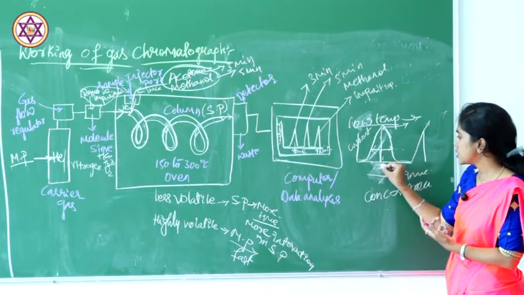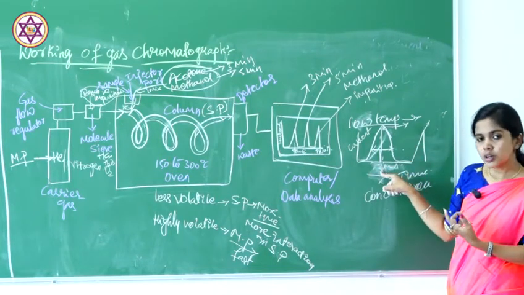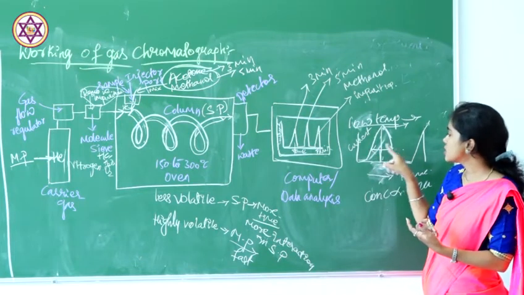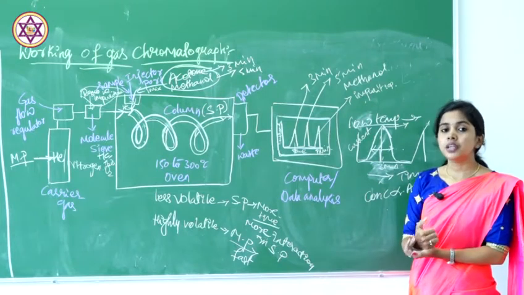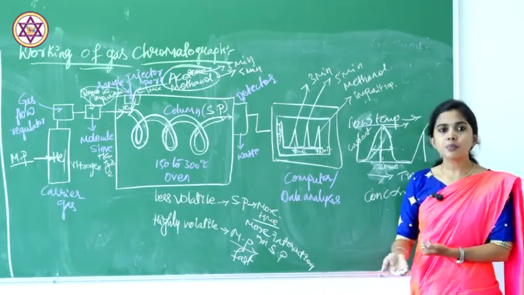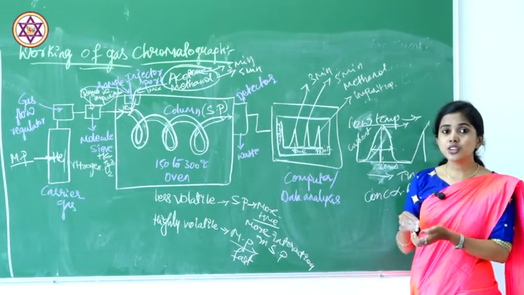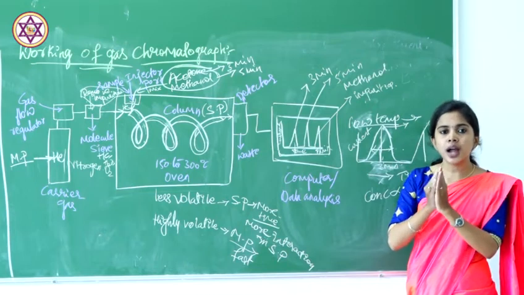Time is there. It is at 3 minutes. Then we call it, the compound is what? Acetone, and concentration is depending on the bandwidth. Okay. For example, if I am going to apply the higher temperature, then what will happen here? It is going to give a short peak with a short bandwidth.